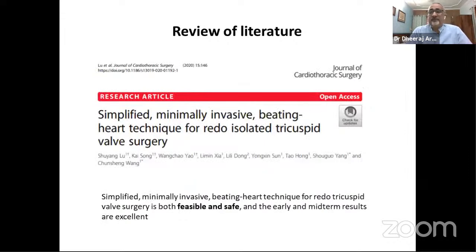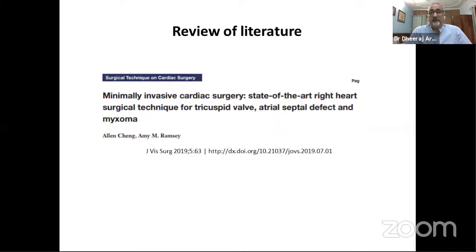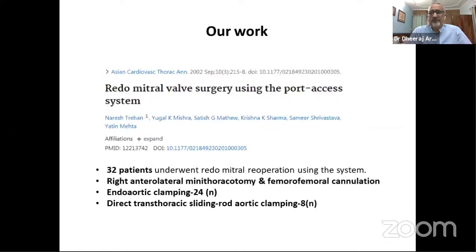Then isolated redo tricuspid and mitral valve surgeries have also been reported with a minimal invasive approach. Other right-sided lesions like tricuspid, ASD, and myxoma have also been reported with minimal invasive surgery. If you see our work, we have also done a lot of work in mitral valve redo surgeries, like 32 redo patients in our previous institute, done with right anterolateral thoracotomy and fem